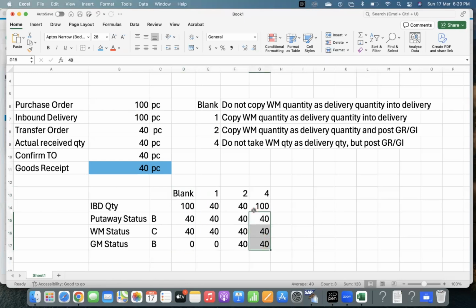So this is the business requirement. The overall requirement is that the business doesn't want to wait until every quantity is received. They want to do the GR immediately as soon as the TO is confirmed. From one TO to another TO, there may be a 1 hour gap or half an hour gap,